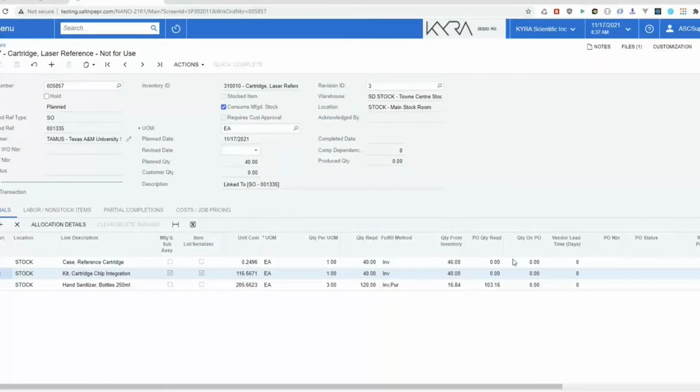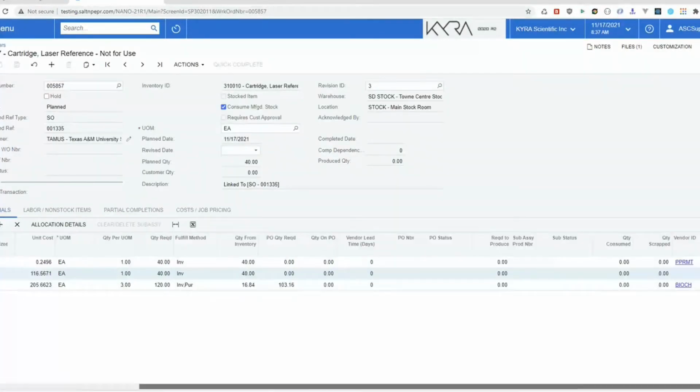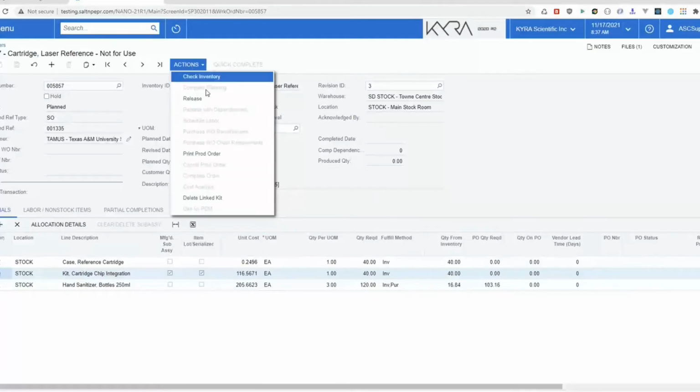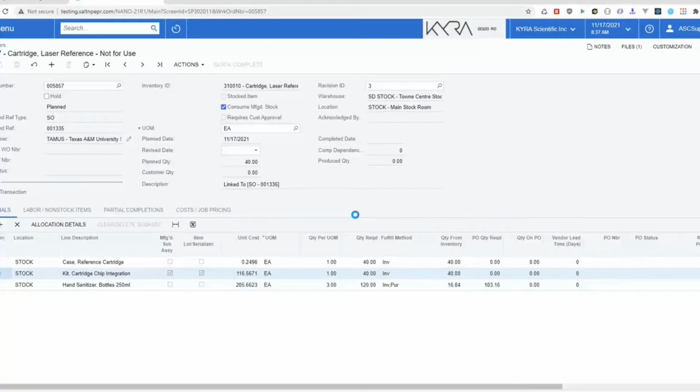Going back here, there's some items that I have to purchase here as well. It's brought in my preferred vendor that I have on my inventory master at this point. Now I have the option. I can actually, I'll release that right here. Oh,